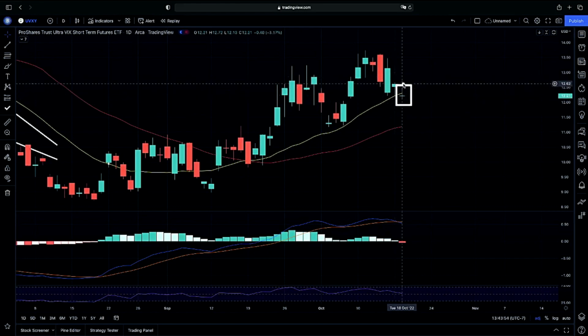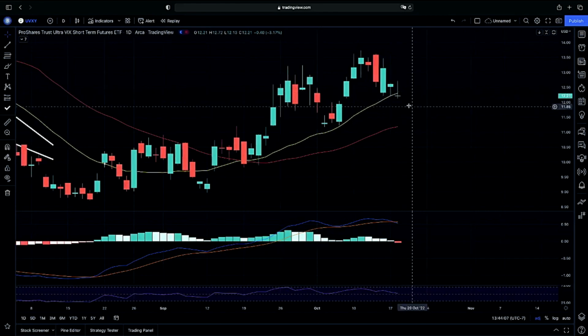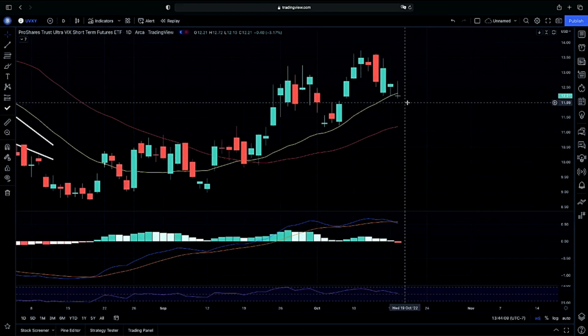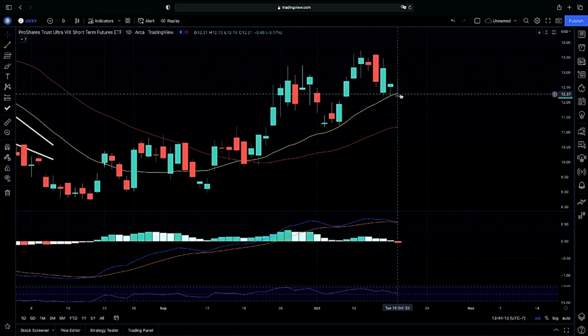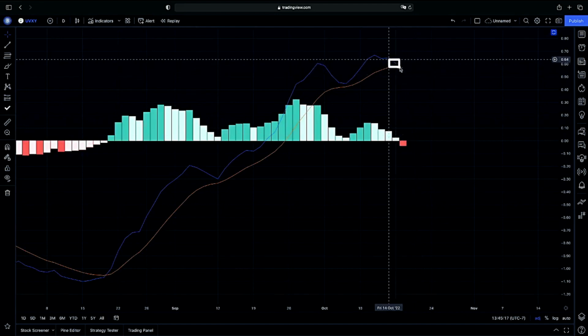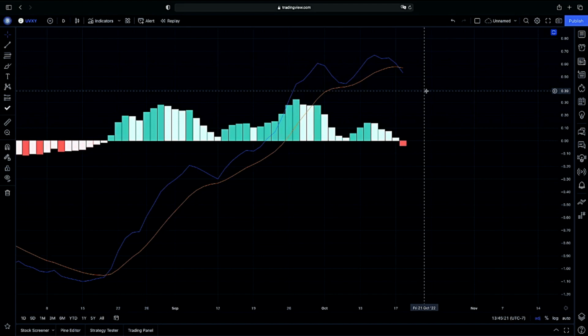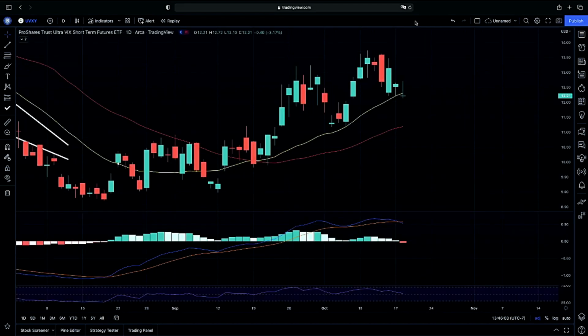We got a gravestone doji getting a rejection to the upside here. If we continue on with this rejection, then in my opinion, we can get more strength in the market. So keeping an eye on exactly how we continue on with these rejections below our 20 days. Now looking at the strength on our VIX, as you guys can see, we are now pointing down and crossing down, showing us that rejection to the upside. So we are on a slight rejection, looking to see if we do continue on with this rejection. Just keeping an eye on this to make sure you are not playing against yourself, and looking at what kind of strength we have on the VIX and the dollar is extremely key.